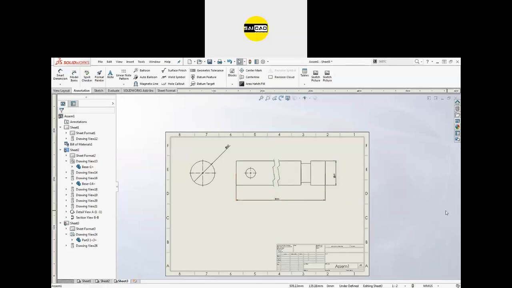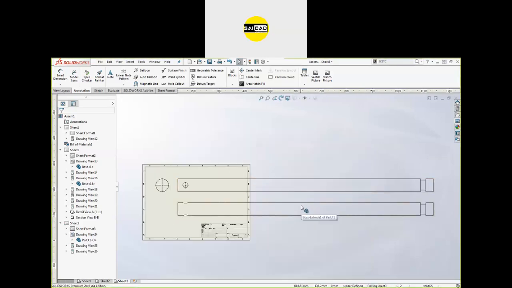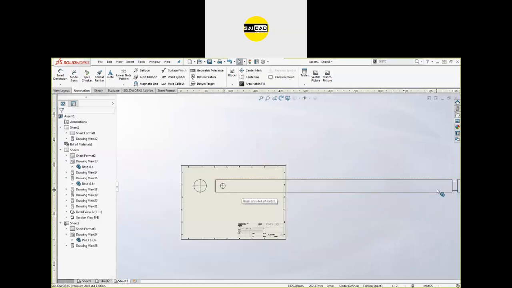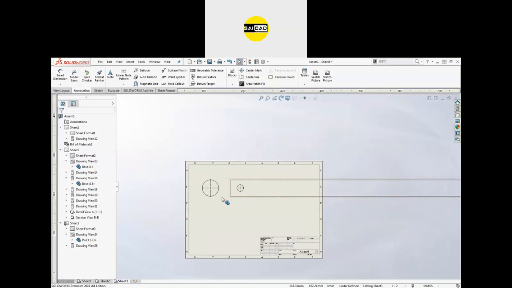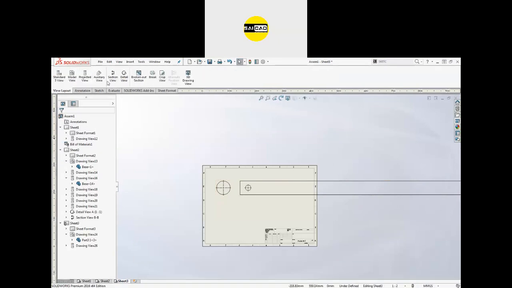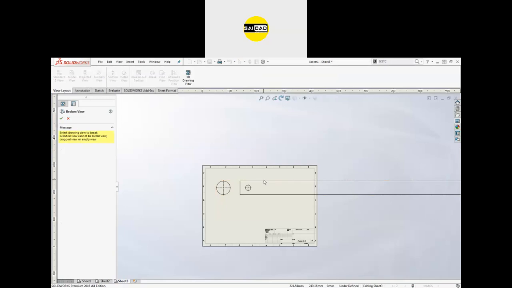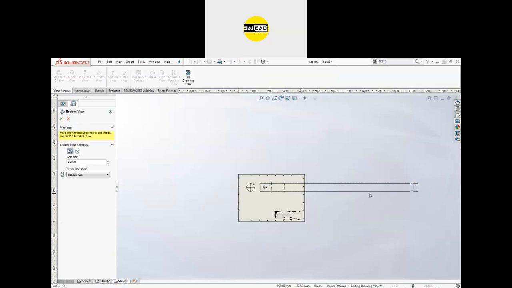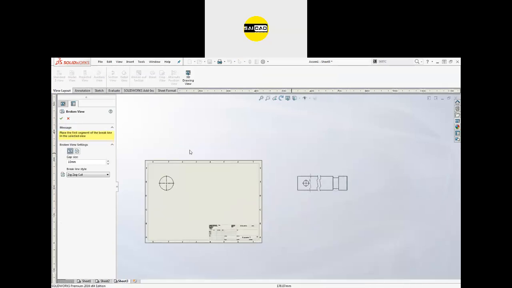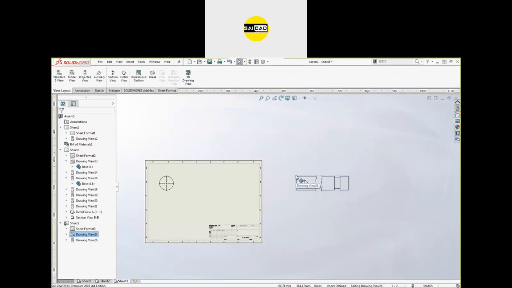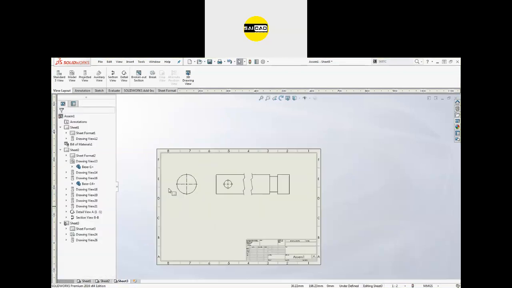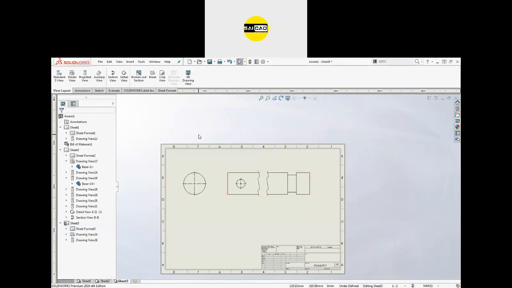Okay, so you can see that we have a large shaft here, like that. I just want to make that shaft fit inside this drawing. To do that, we have a command here, that is break. So select the view. You can see it is asking for a line where you want to break and up to where you want to break it. I want to break it from here to here. So this is the gap. I want that gap to be 20, like that, and we have the types here. Click OK and just drag that view inside, and you will see we have the shape here.